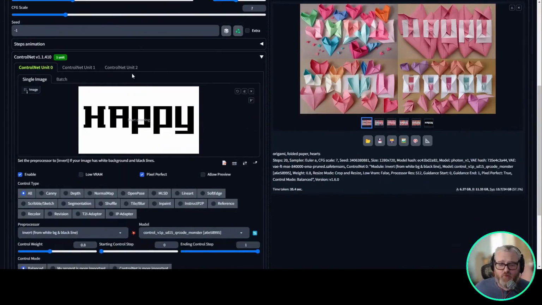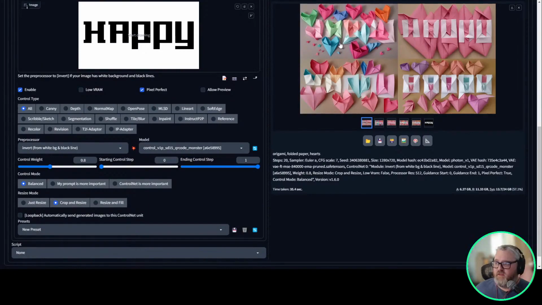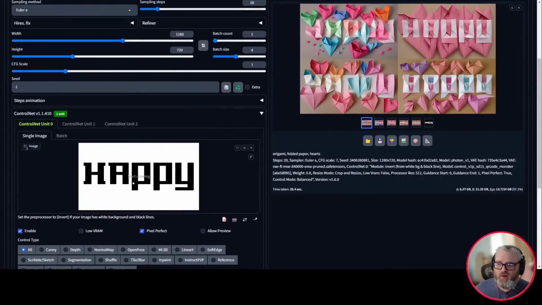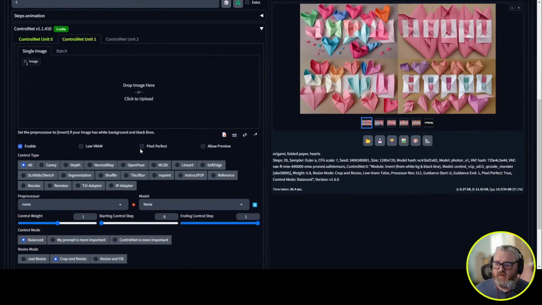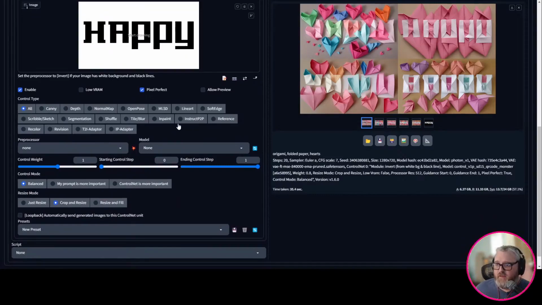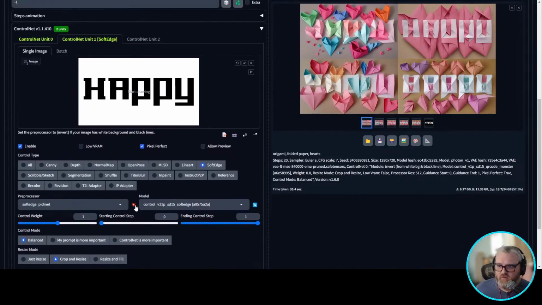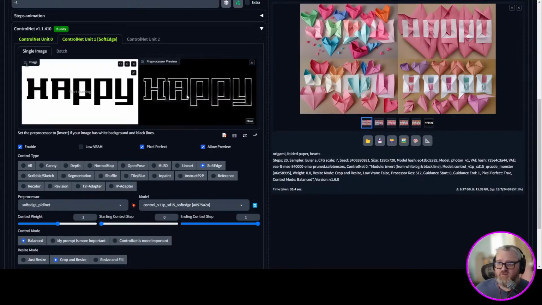And then you'll have multiple ControlNet units in your ControlNet system, so you can start stacking them on top of each other. So right now we're using the QR code one, but I want to get the outlines of the letters in there as well. So I'm going to add another ControlNet. I'm going to drag that same image in. And for this one, let's try soft edge. If you want to see what a ControlNet does, you hit this little explosion, the bang button here, and it shows you how it's going to use its method here to drive diffusion.